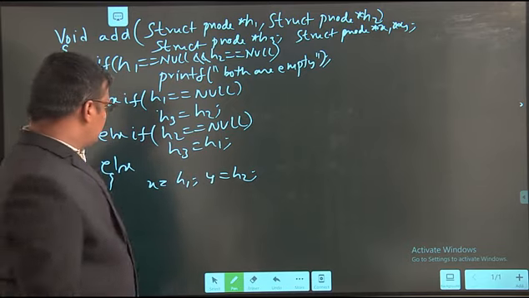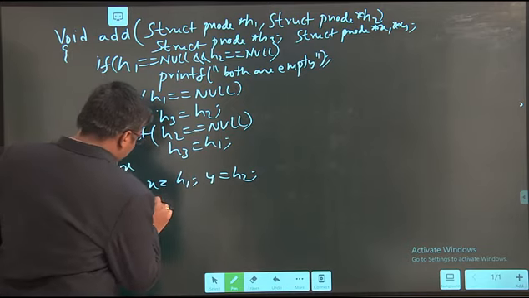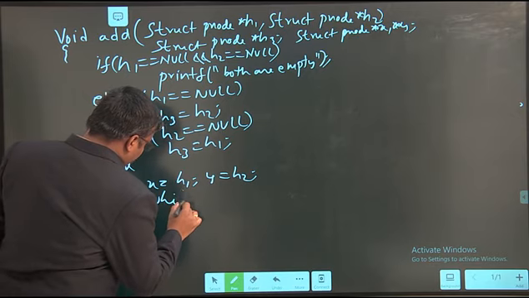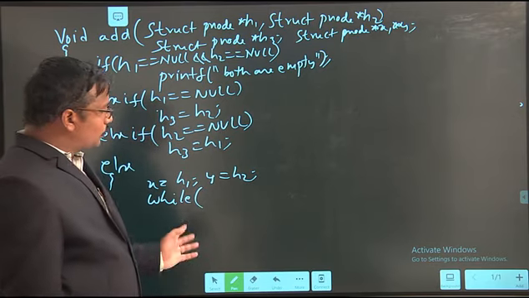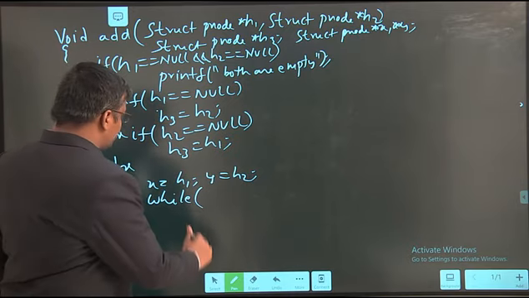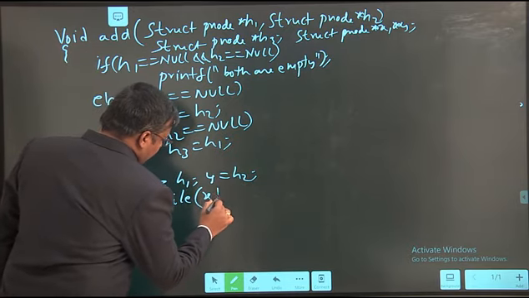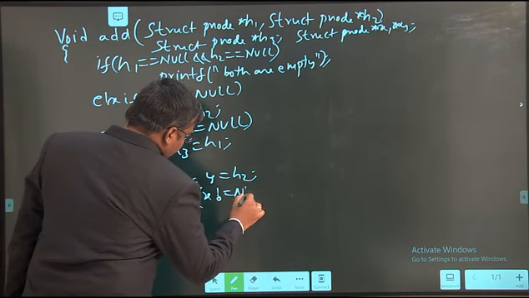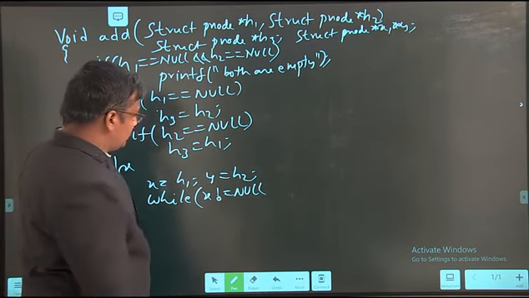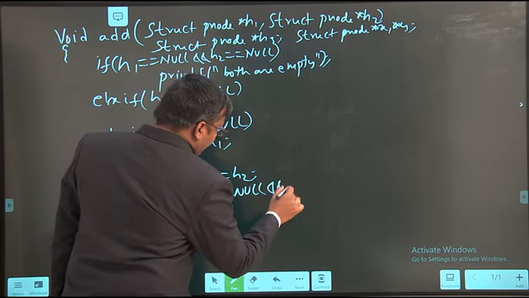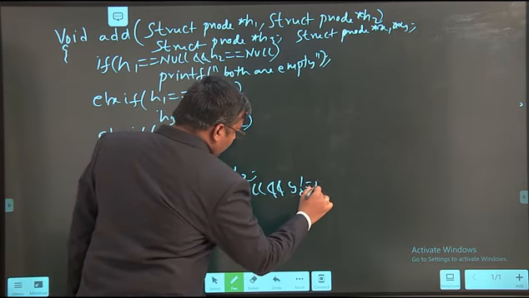Okay. So what we have to do? So first, while, up to what extent you have to do this process? Means x not equal to null, logical and y not equal to null.